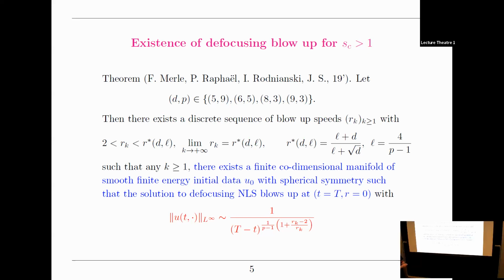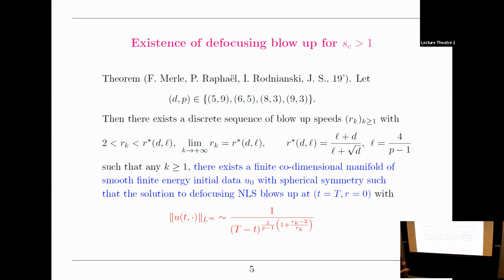Here let me first provide the first range. As I'll explain in the next slide, this is not an optimal range. It's rather due to our laziness. You will notice that in this range of p and d, the nonlinearity always corresponds to an odd integer. That's the case where the nonlinearity is analytic. Of course that makes your life simpler, but it's absolutely non-essential. I'll explain exactly what should be the correct range for this result in the next slide.